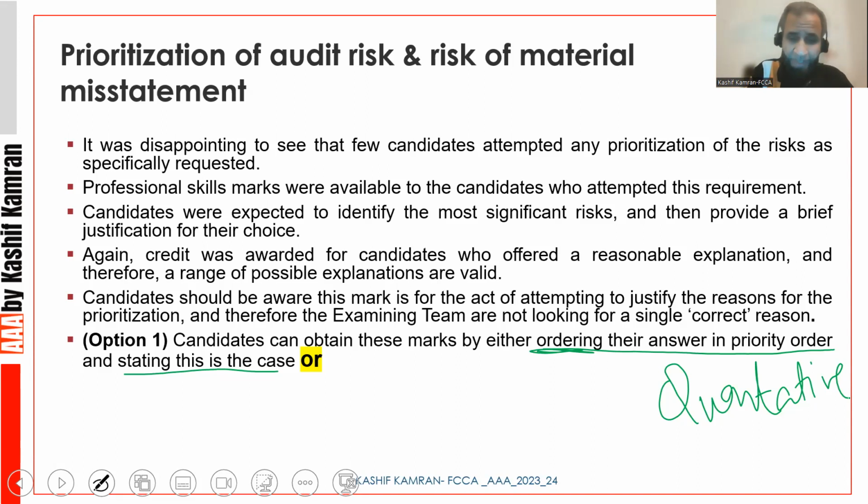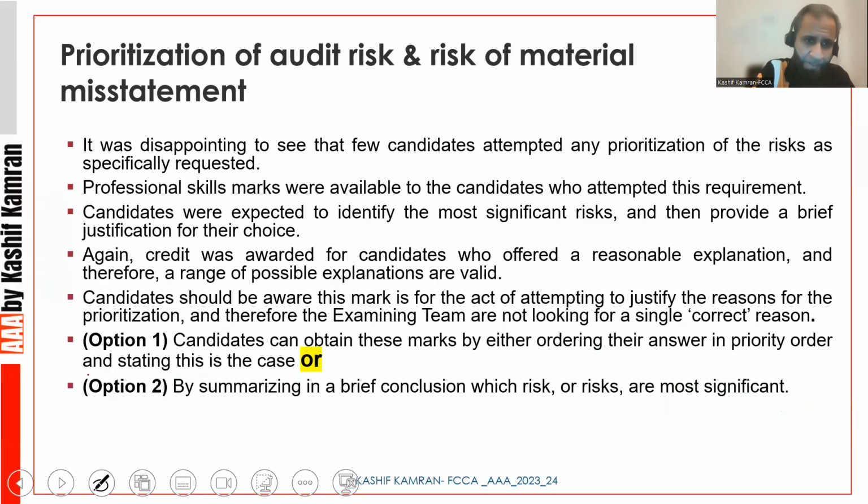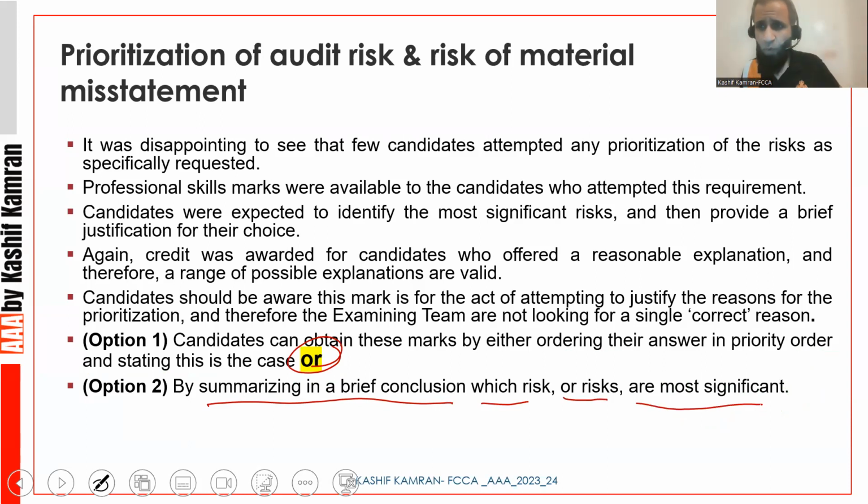If you don't want to do this, you have a second option, the second option given by the examiner. Option number 2 is by summarizing in a brief conclusion which risk or risks are most significant. If you don't want to go in the order of priority, highest amount, second highest amount, third highest amount, and then give the conclusion that the risks above have been arranged from highest to lowest,